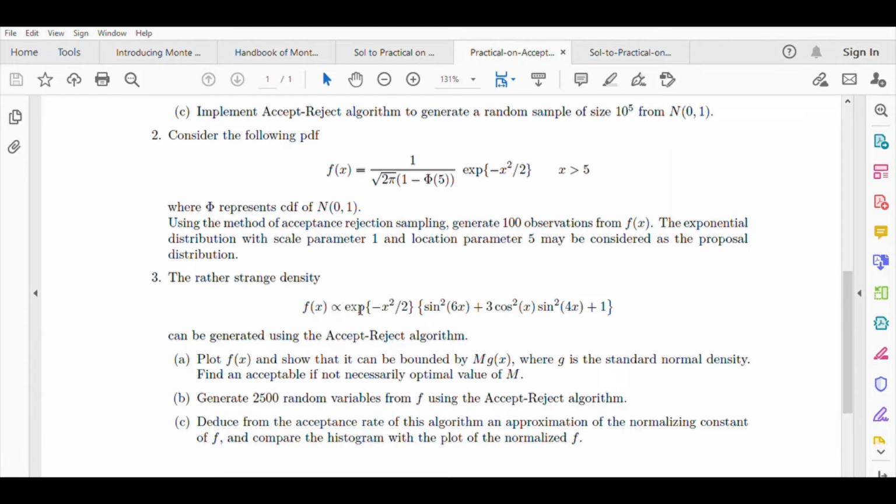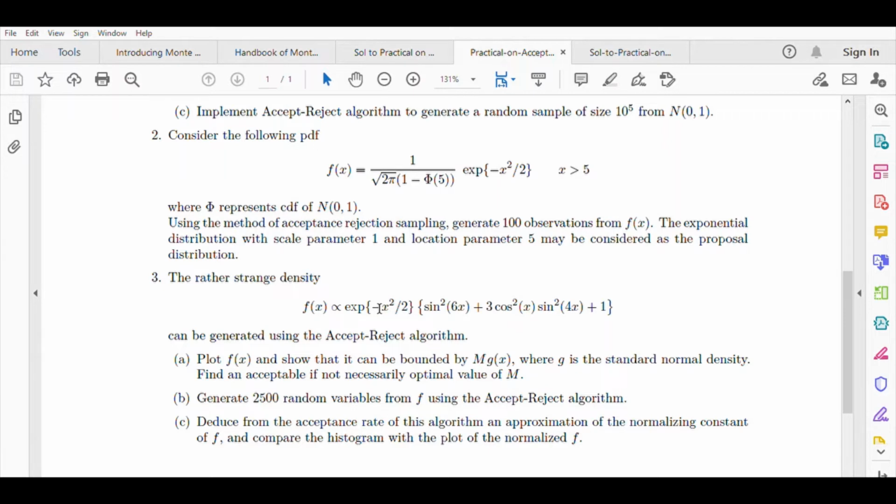be a proper PDF. So here, as we had discussed while discussing the theory of ARM, we can easily recall that even if the target PDF is not known completely, still ARM can be used. So here is now an illustration of that fact. So let us try to apply acceptance rejection algorithm here for this example.